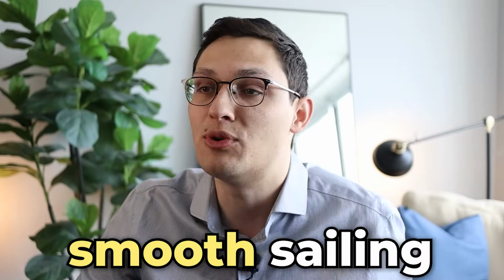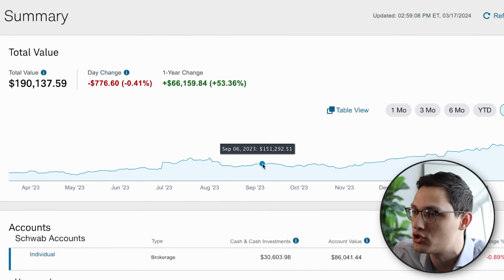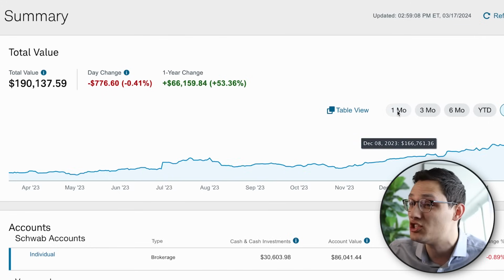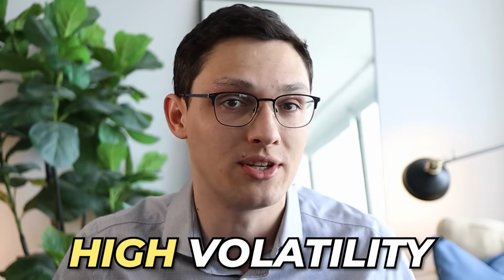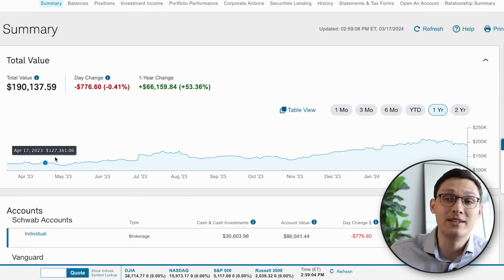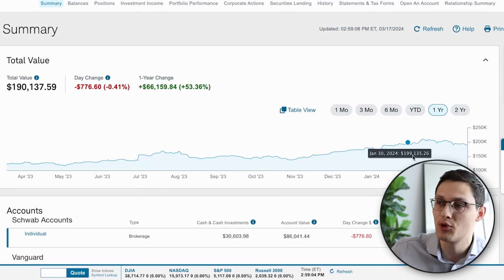But it hasn't all been smooth sailing. We can see some big jumps and then drops here on the chart. And in fact, in just the past month, I've seen a $16,000 drop in my portfolio, which is just par for the course when you invest in these high growth, high volatility stocks. But when you keep your eye on the long game, you can see some pretty spectacular results by investing in